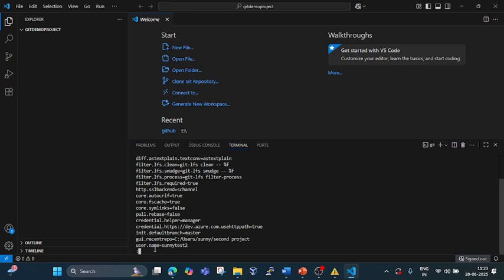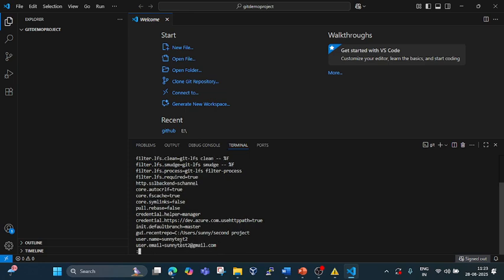You can see now in the end user.name is sunny test2, user.email is sunny test2 gmail.com. You will get some other details also, but don't worry, for Windows you will get some other details also which are configured. But for now, what we have configured here are these additional changes, user.name and user.email.